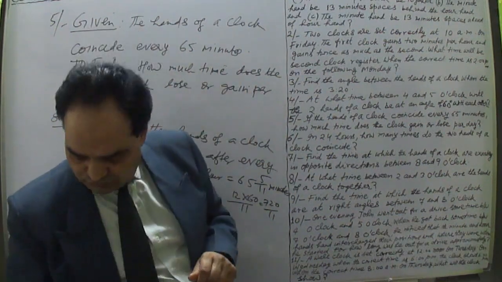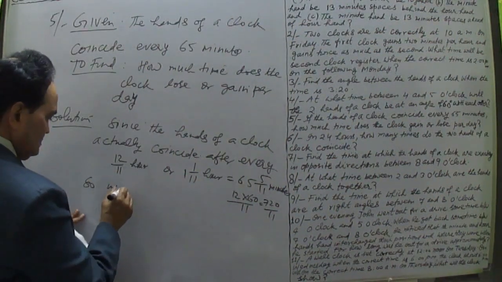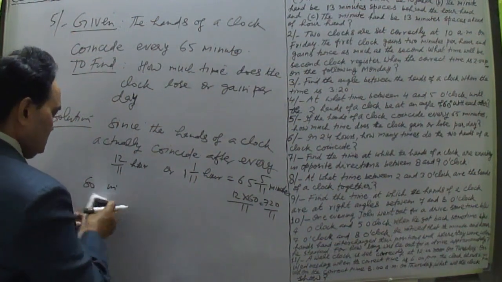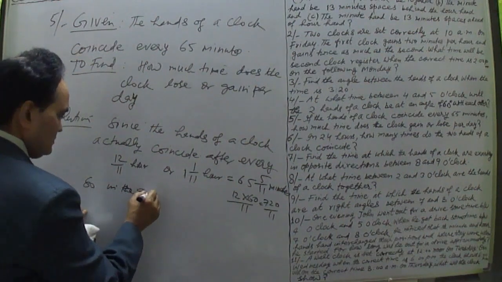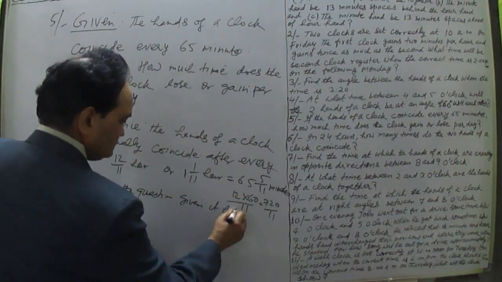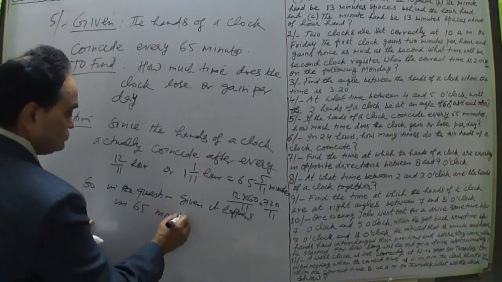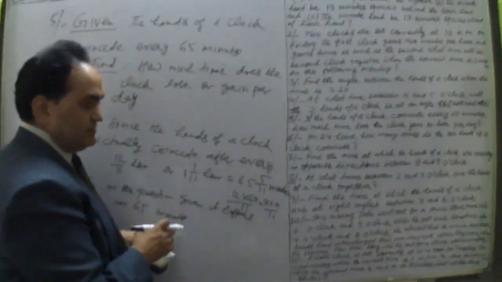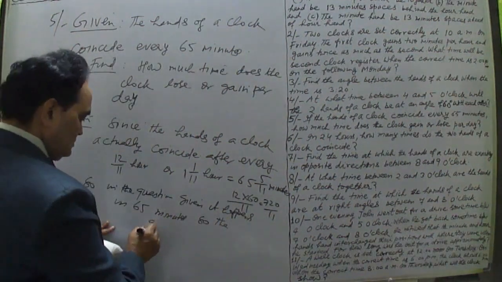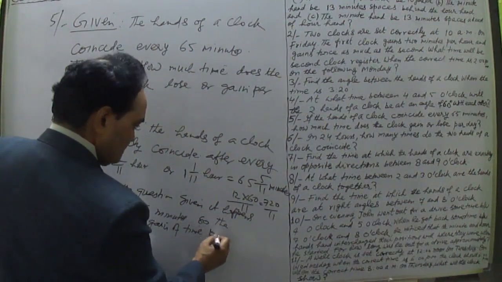So this minus that is the gain. So we can say, in the given question, it happens in 65 minutes, meaning the minute hand and hour hand coincide in 65 minutes, but actually it is happening in 65 and 5 upon 11. So the gain of time per hour